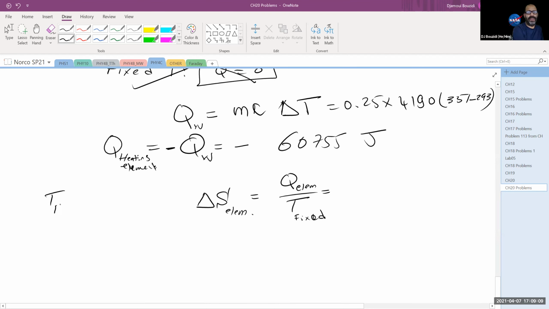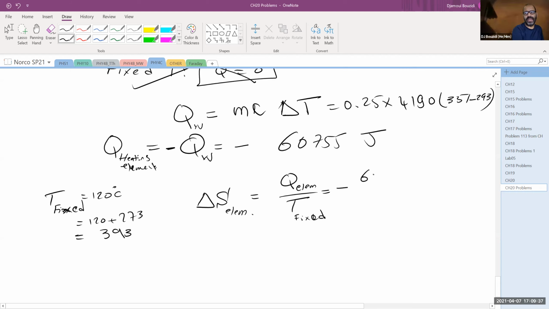So the fixed T operates at 120 degrees Celsius, which we need to also convert by adding to it 273. So it's going to be 393 Kelvin. Okay, 393 Kelvin needs to be basically included in here. So this is how much it is: minus